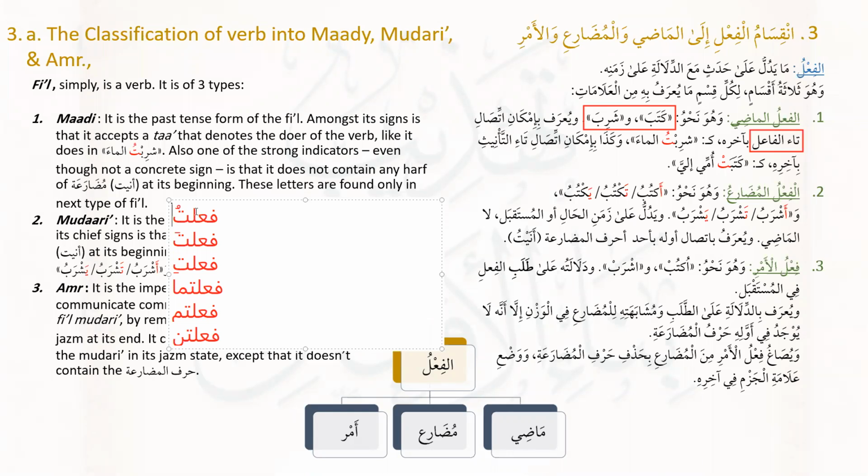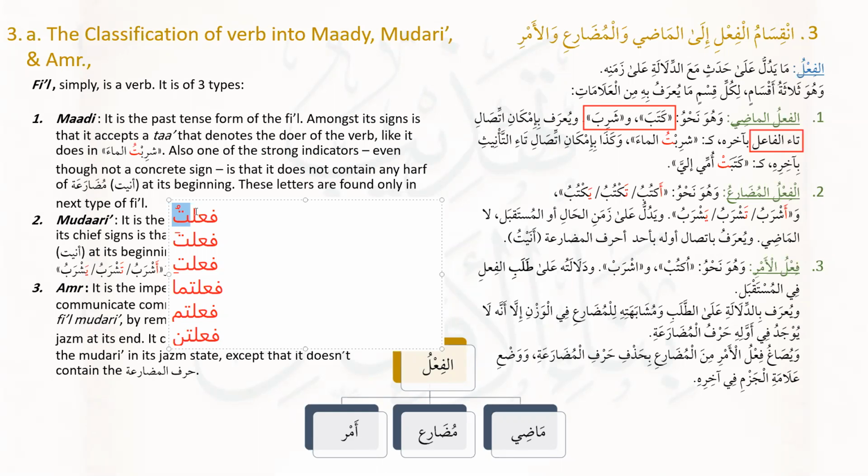This ta'ul fa'il is only found with the ماضي, and you would never find it at the end of a mudari', nor at the end of a fi'l amr. So whenever you find a ta at the end of the fi'l, then this means that it is a fi'l madi. This is one of the signs of fi'l madi, that you can find a ta'ul fa'il at the end of it. It's not necessary that always in all the siyagh of the fi'l madi you would find a ta. That's why we said يعرف بإمكان اتصالي.